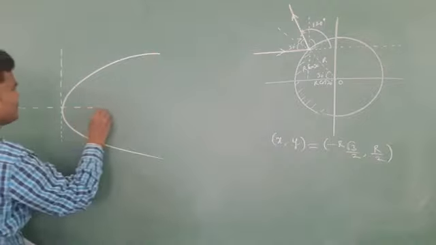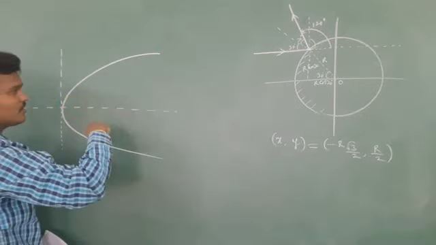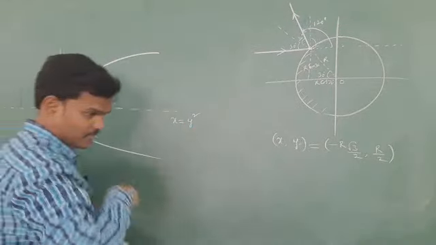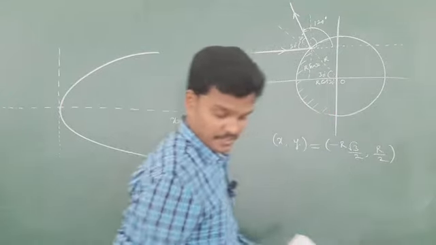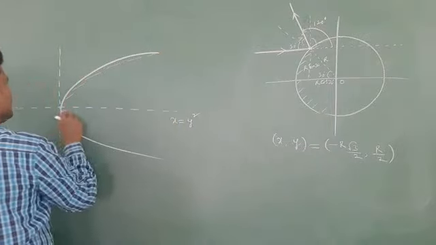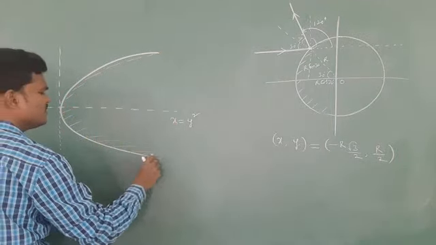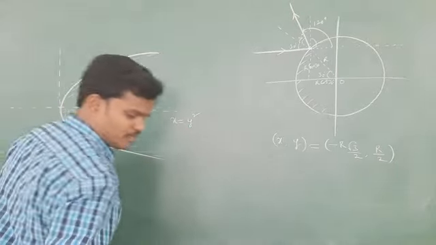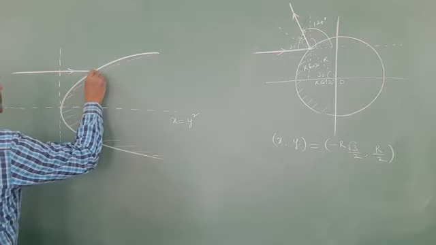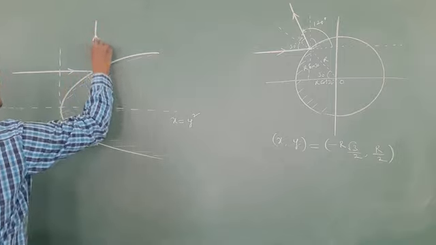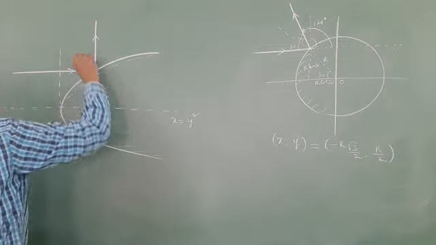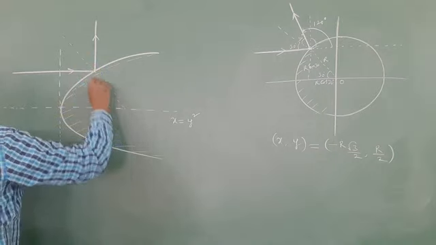They have given this, like a parabola, hyperbola. The given equation is x is equal to y square. The reflecting surface is varying with x is equal to y square, nothing but a parabola equation. Now the light ray is coming from somewhere and strikes the surface. After reflection, the reflected ray becomes vertical. Reflected ray becomes vertical means if I draw the normal, it has to touch the center, and no doubt again